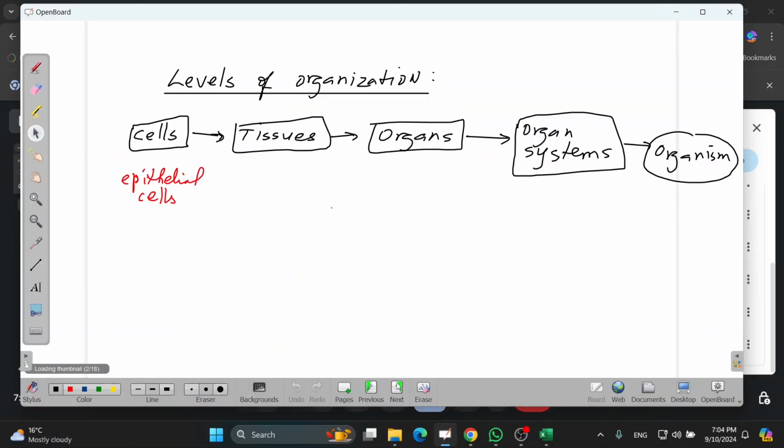Right? Well, epithelial cells, like these ones, you see, single epithelial cells do nothing. They are useless when they are single. However, when they group together, they make this. They make a layer. They make a tissue. And that is, let's say, what forms your skin, right? So that is called the epithelial tissue.